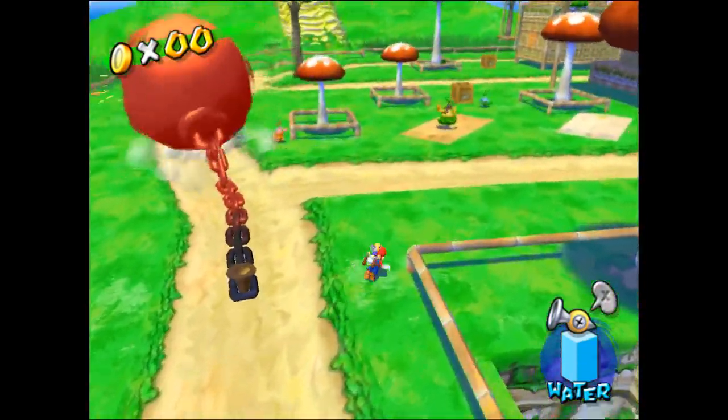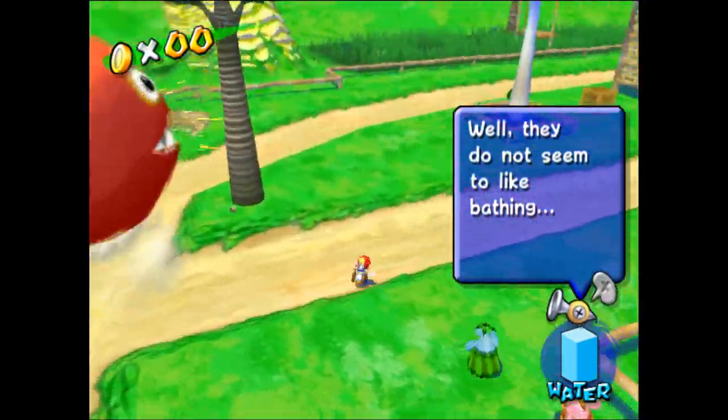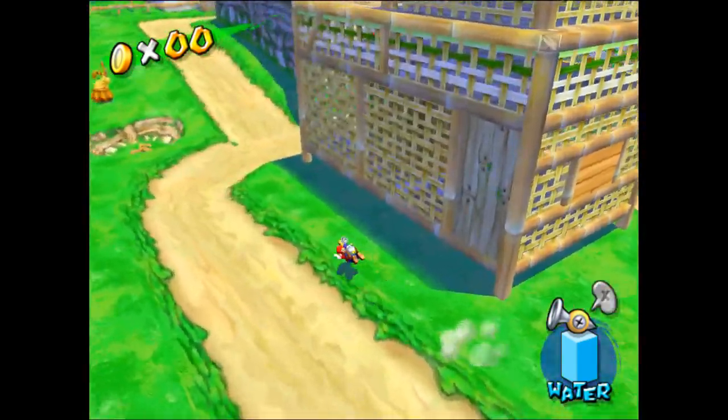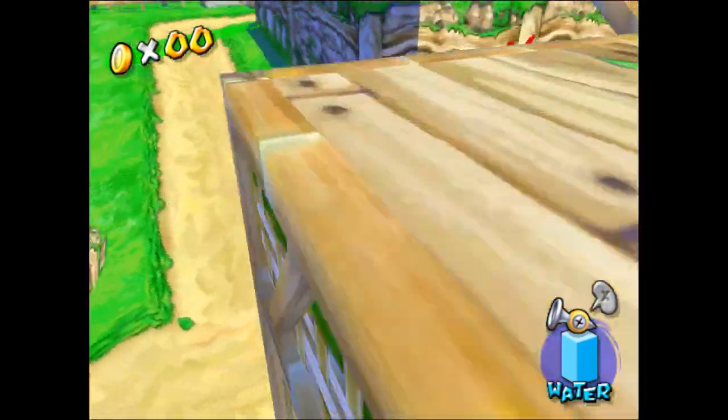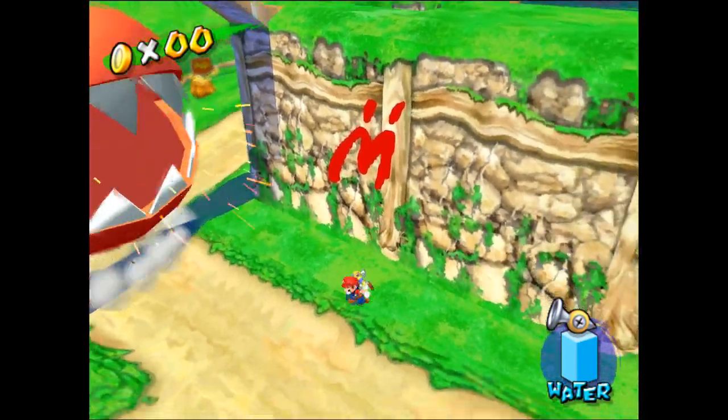So now I'm just going to kind of guide him. I guess we're going this way. If I just block the path that I don't want him to take, he will go the only other option, which is this one. So I want him to go up here. So I'll wait for him here. And as soon as he starts moving up there...